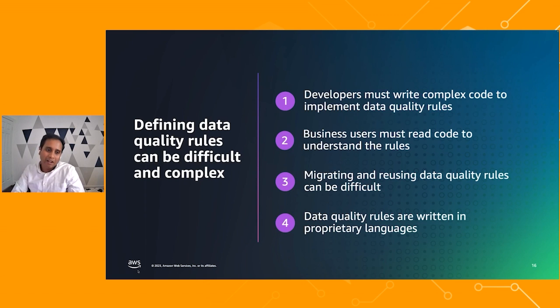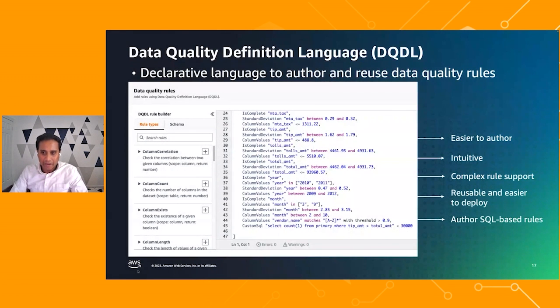So we had to find a common medium, and we looked around, and there wasn't a language where you can express data quality rules. And it needed to be simple. It needed to be concise. It needed to be like a document, as if you're reading through it. And that's where we created data quality definition language.